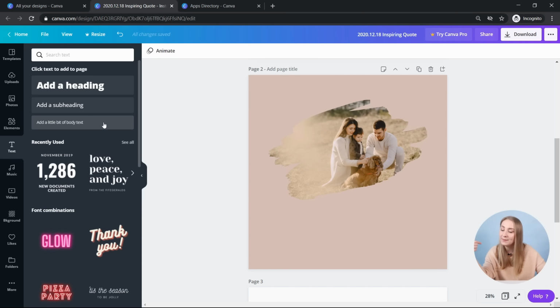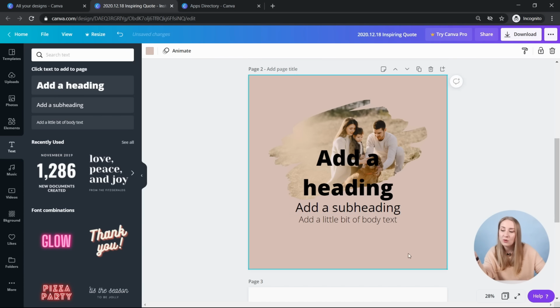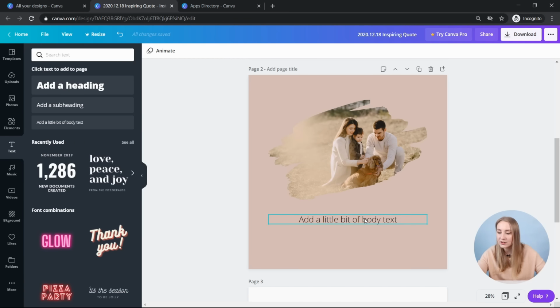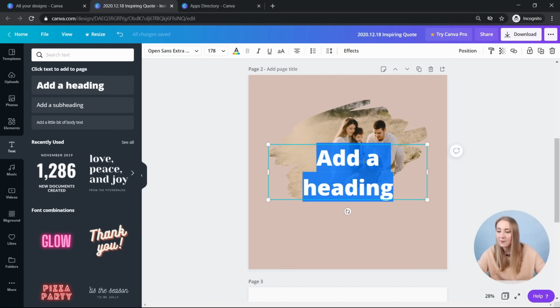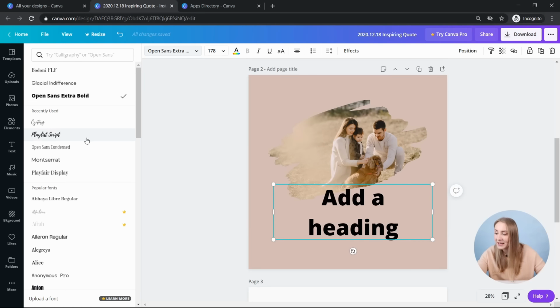As I mentioned at the very beginning, when you have Pro, you can customize them. You can actually choose your brand fonts, and these will be applied in here. Each time you click a heading, a subheading, a body of text, you'll have your typography, but it's not available for the free users. But that doesn't stop you from going into that particular design and picking from a multitude of different fonts